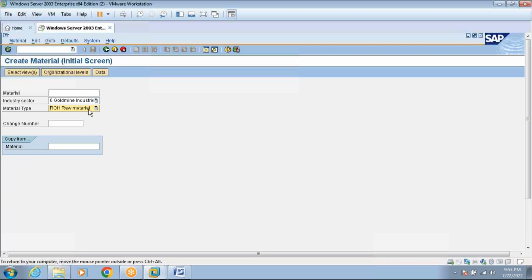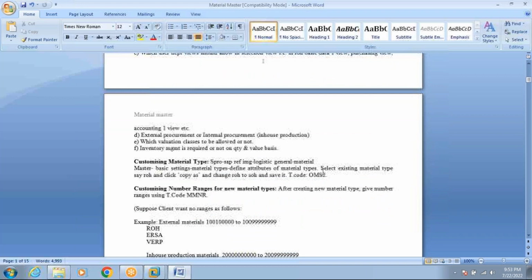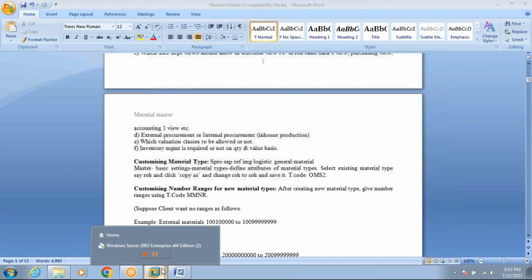So here we are creating a new material type in real time. So how to create it? What is the transaction code to create a new material type? OMS2 is the transaction code to create the new material type. Here we have already created one.